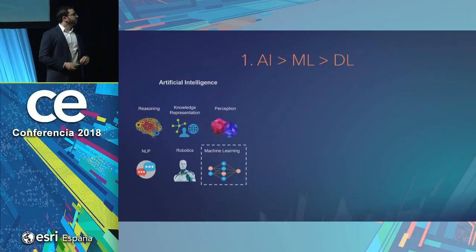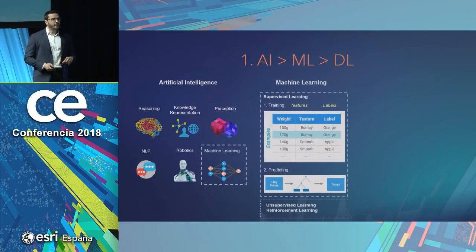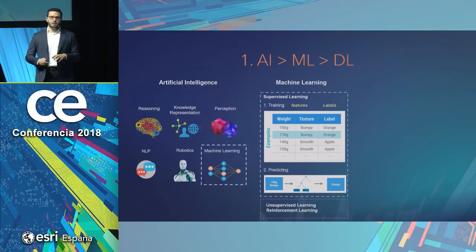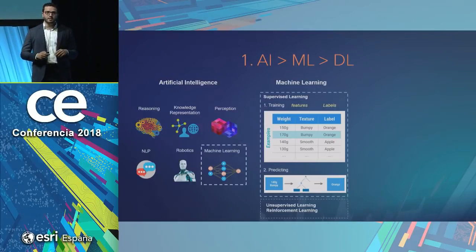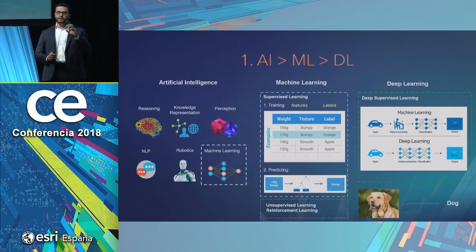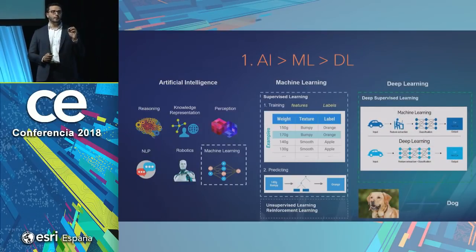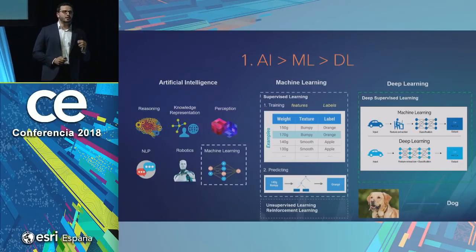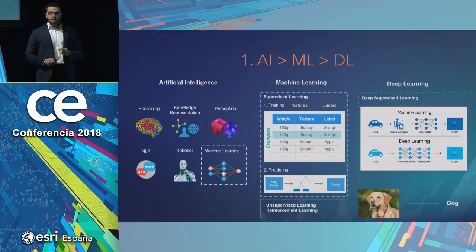Machine learning is a field of AI that's about learning from data to extract rules and derive patterns instead of being explicitly programmed. And deep learning is a subfield of machine learning using a specific technique called deep neural networks that is really very good with high-dimensional data, like voice, images, and text.